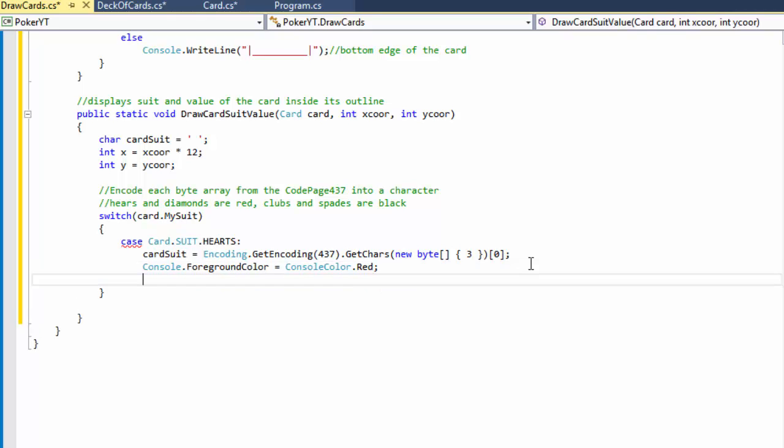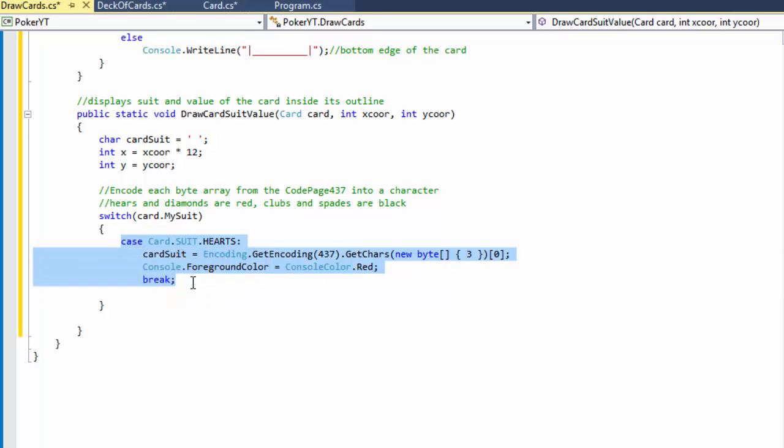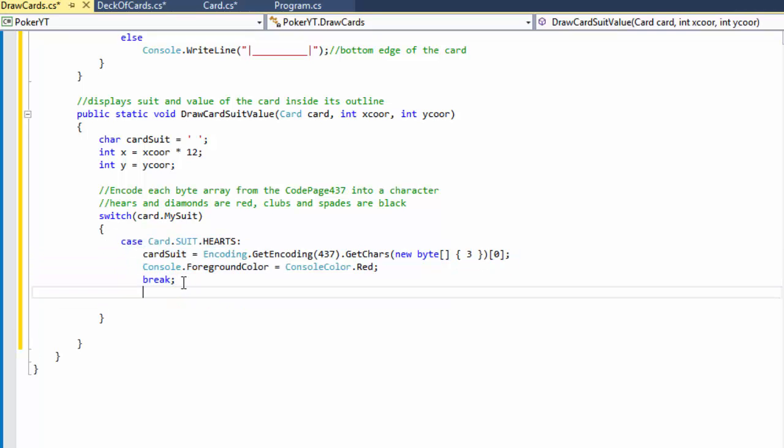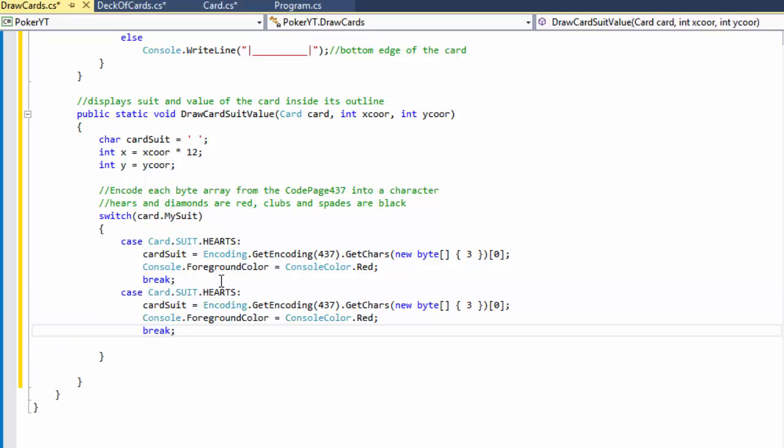And of course we will need to break. This is a switch statement, so that's for the hearts, and it's gonna be very similar for the rest of them, so I'm just gonna copy paste. This one will be for suit of, let's say,